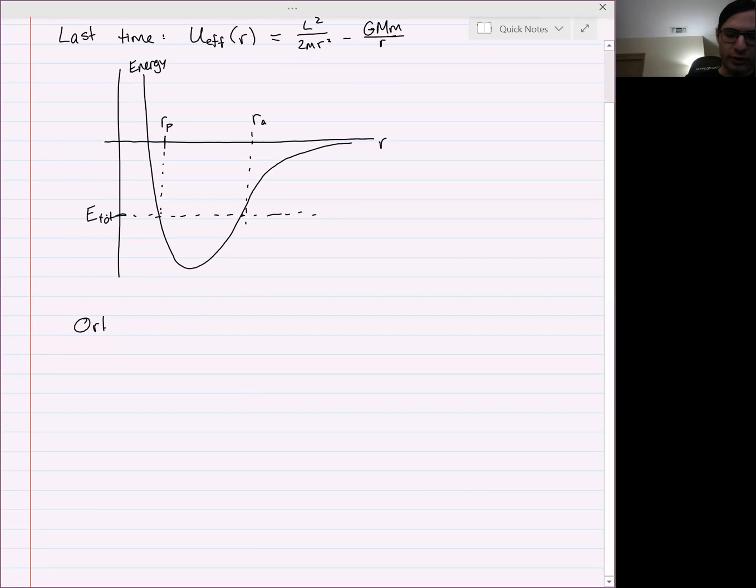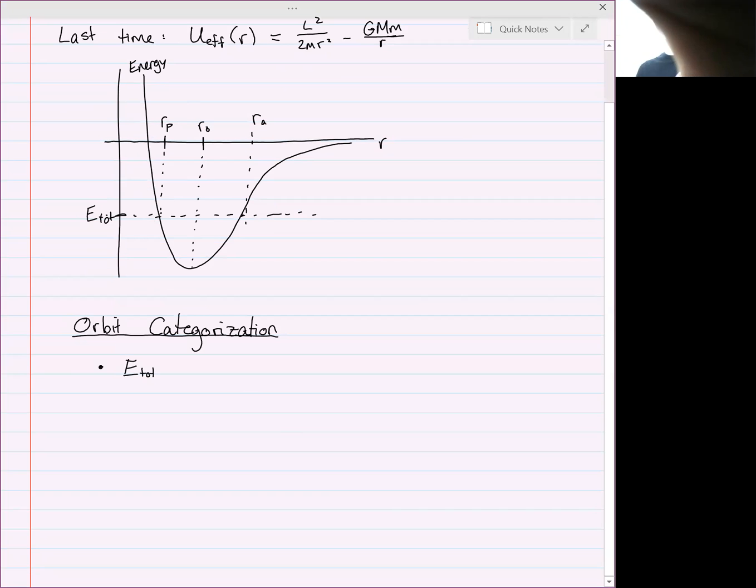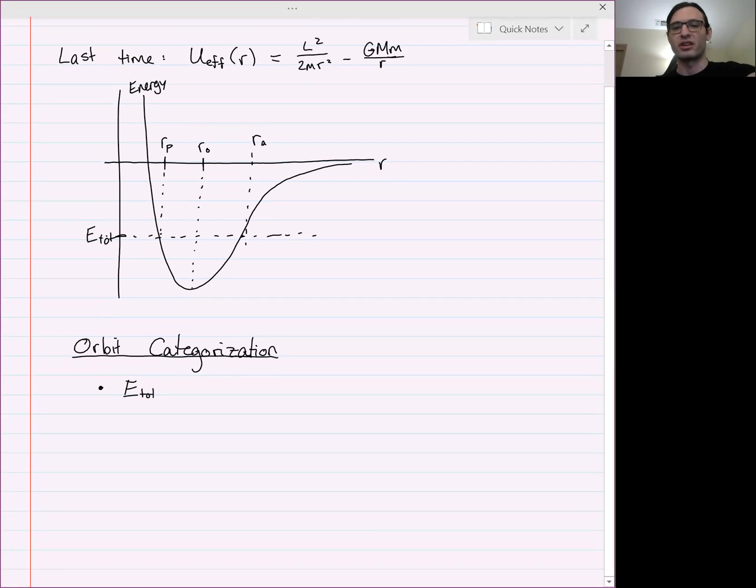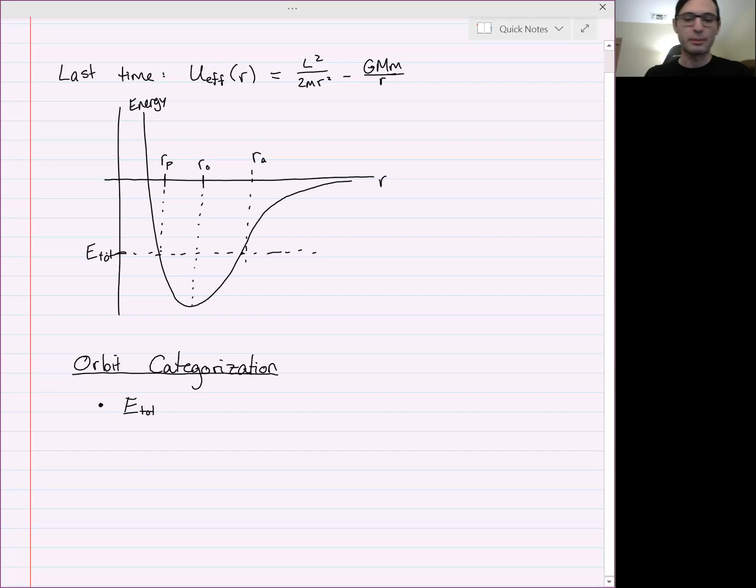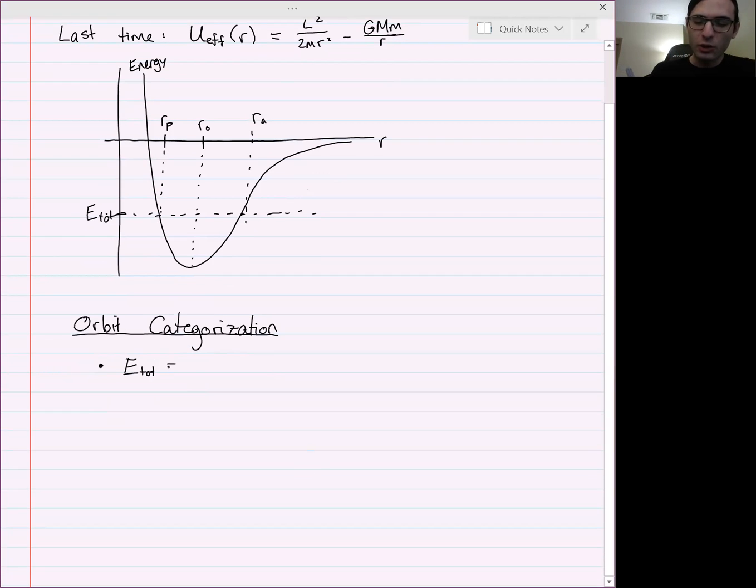Now, we can learn more from a graph like this. So let's talk about orbit categorization. We can start to categorize orbits based on their total energy. You can name this minimum value R naught, just to give it a name. It's the distance where the effective potential energy is minimum, and it's not a fixed number; it depends on L, on m, and so on. So when E total equals the effective potential energy evaluated at R naught, meaning your E total was down here,